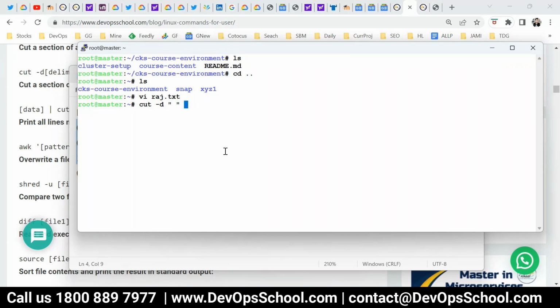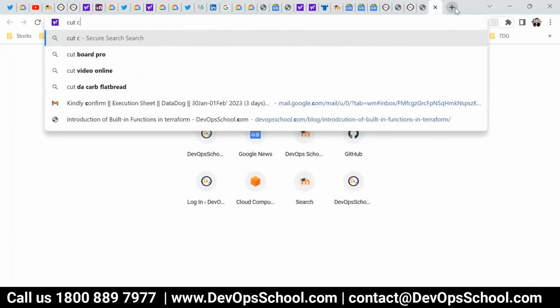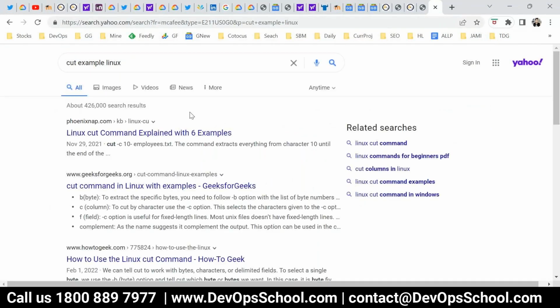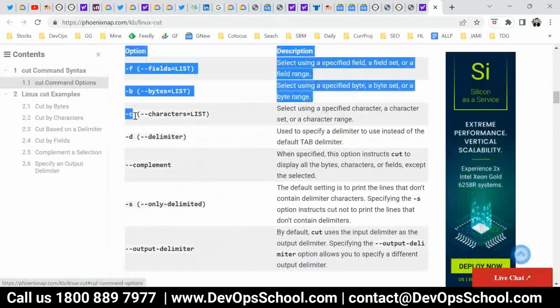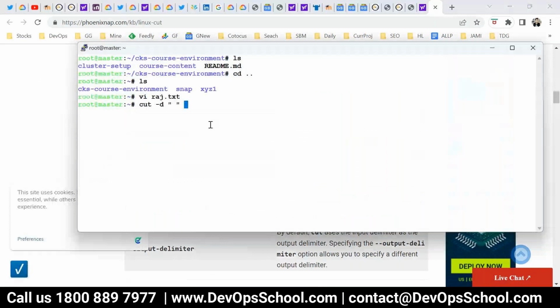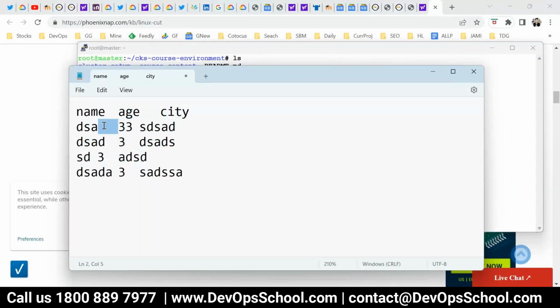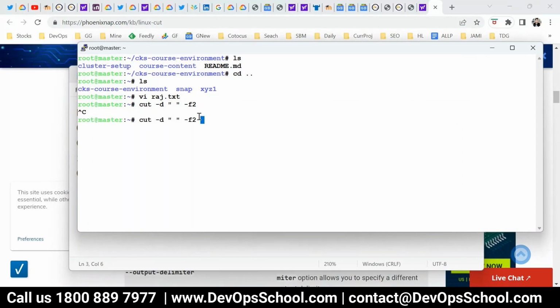Just a second, hold on. Cut command line, cut examples, just to put it up in this way. And here, C1 or field one. So let's go for the hyphen f. So -f 2. Field 2 means this is the one, and delimiter separated by space. Okay, enter. Sorry, file name I have not given. File name is raj.txt. So now it didn't work actually.